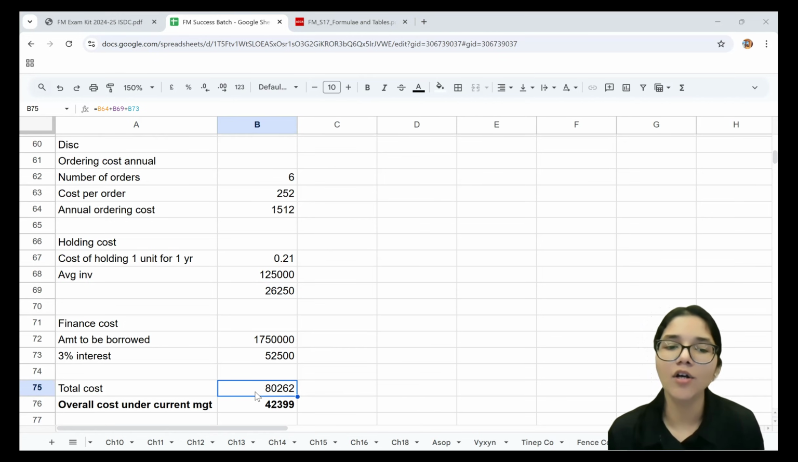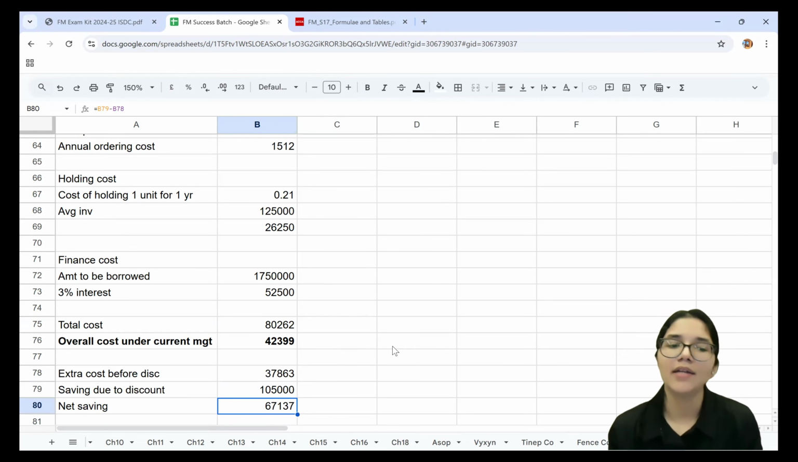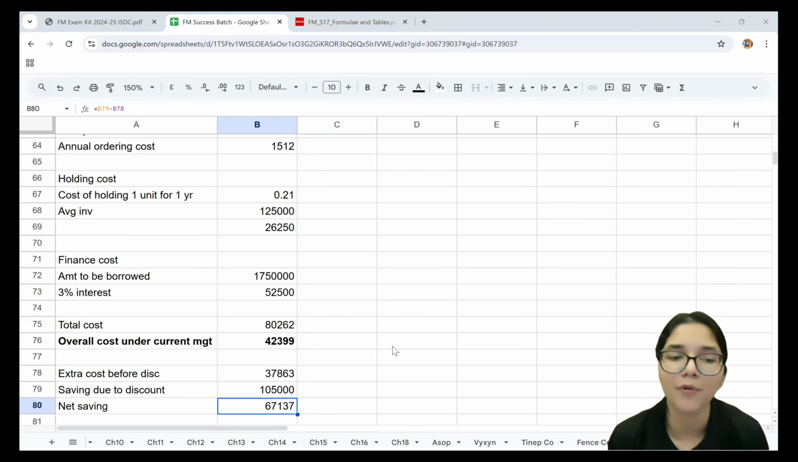Right now, you're bearing a cost of 42,400. If you go ahead with the discount, you bear a cost of 82,262. So right now, it does not make much sense. But if you consider the discount that you are getting, after considering that, you still end up saving 67,137. So that is why we say that if the business goes ahead with the bulk purchase discount, they are going to end up saving some money, and that saving will be worth